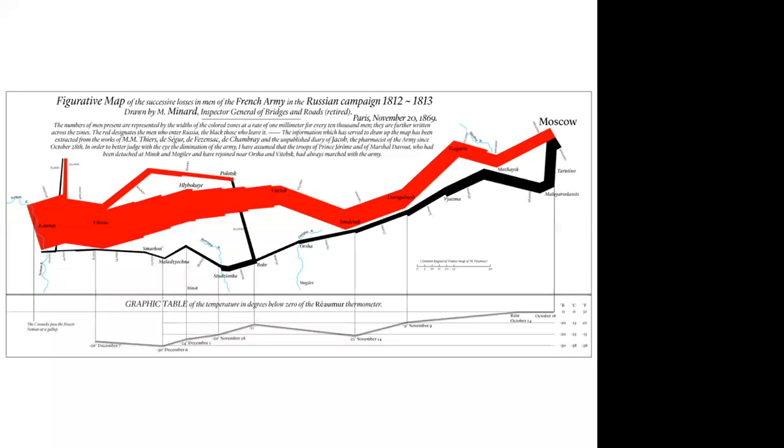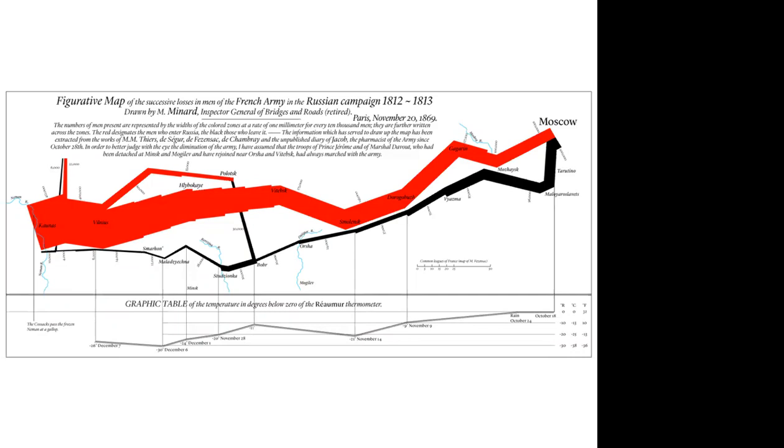What else is good about it? Well, look at the amount of data that he is displaying here, okay? Another thing about it: the chances are, if I asked you what this graph is about, you would say back to me, oh, I think it's about the successive losses of men. That's just to reinforce what is really important is going to be communicated. But anyway, back to the data. So he is showing